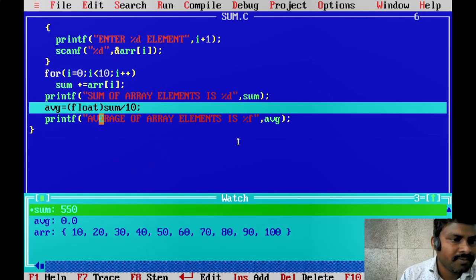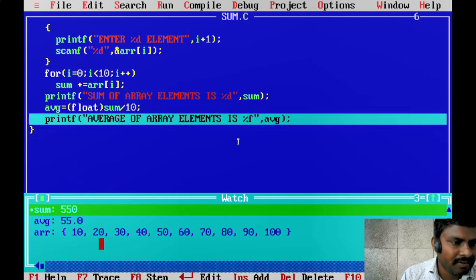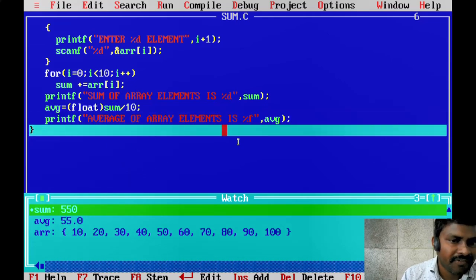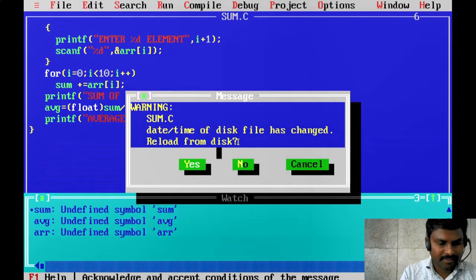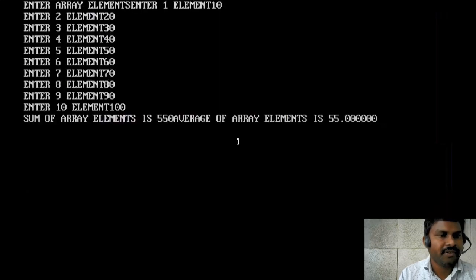Next, 550 can be converted into float. Next divided by 10, 55.0. The average of array elements is, Alt F5. Average of array elements is